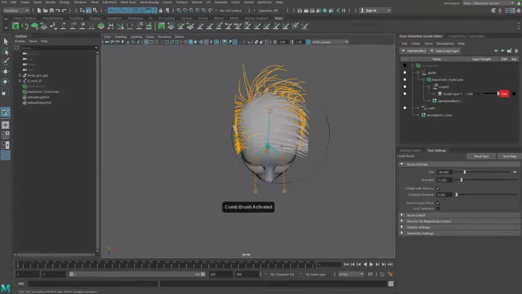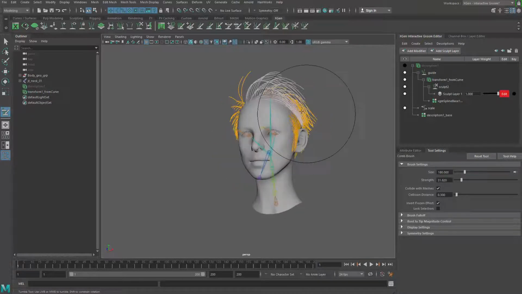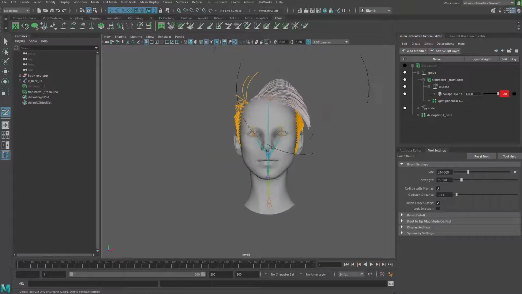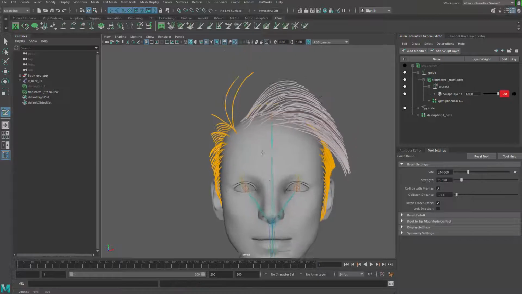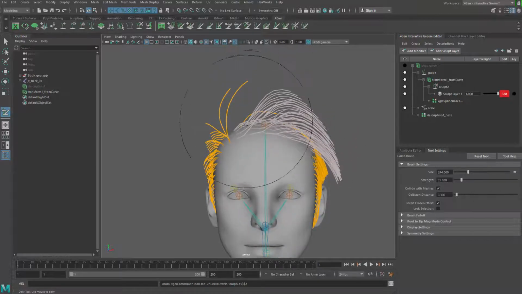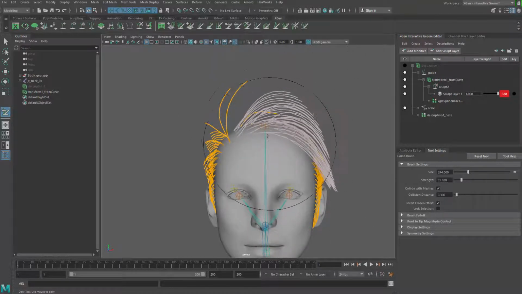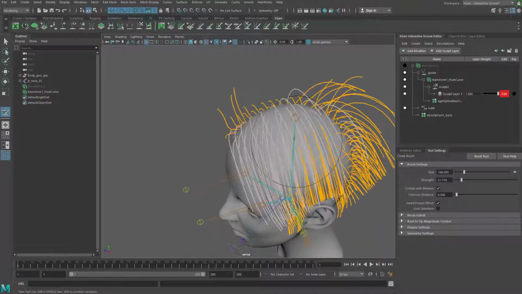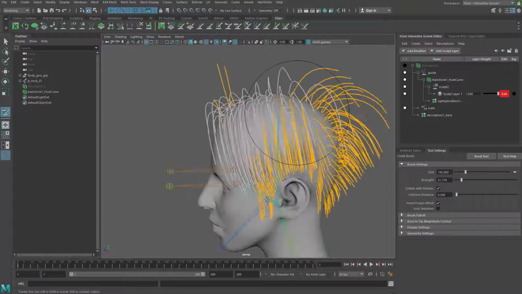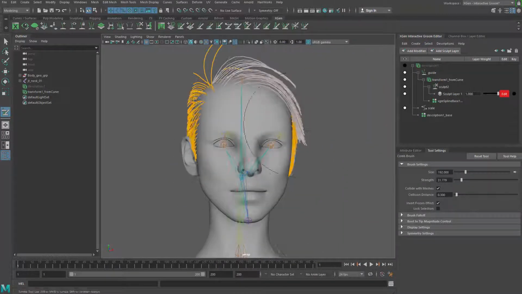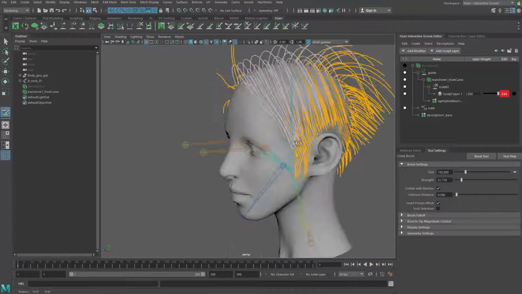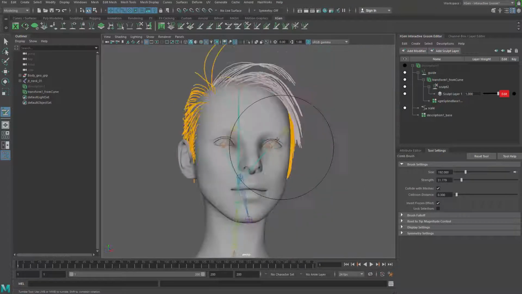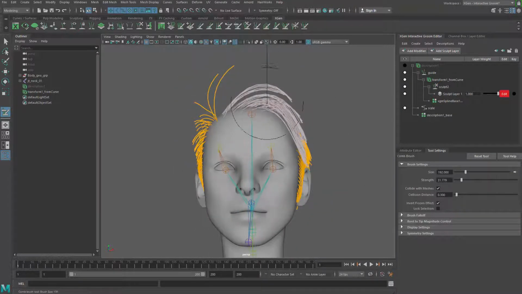I want to tweak this part individually. So you guys could go a little bit lower, I guess. The problem with the comb brush is this: I want to move something and the other parts are getting affected too much. I want to move smaller things, and then it's also moving that. It's such an easy thing when you're doing real life hair combing, but it becomes ridiculously hard in digital sculpting. Anyway, so